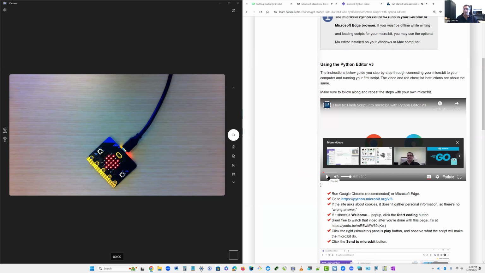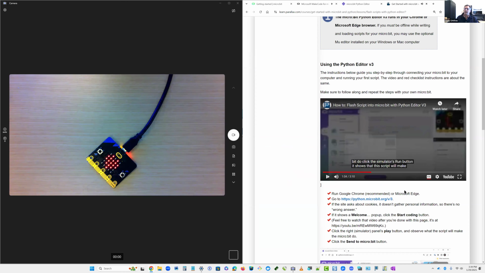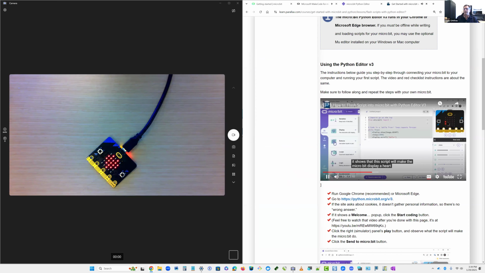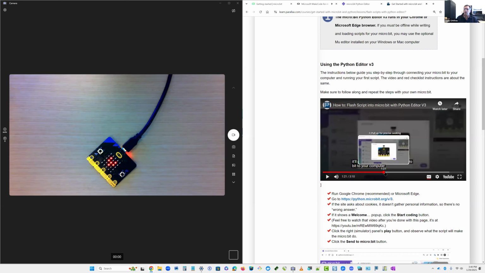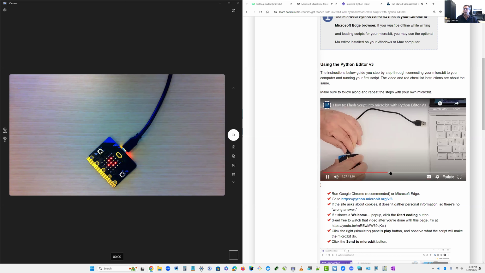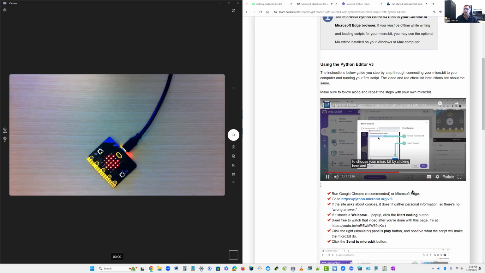Now we won't have any sound here, but that's okay. I just want to show you that this video exists, and it shows you and the students how to, say, use the simulator and write a program. And then later on, it shows how to connect the micro:bit to the computer. And then later on after that, it shows, okay, here we are writing